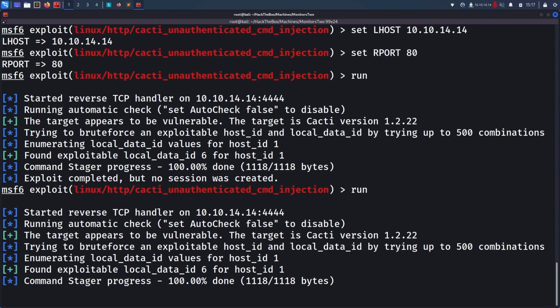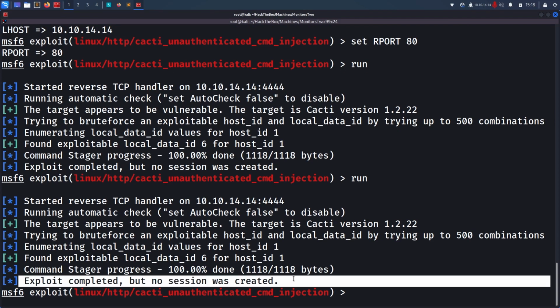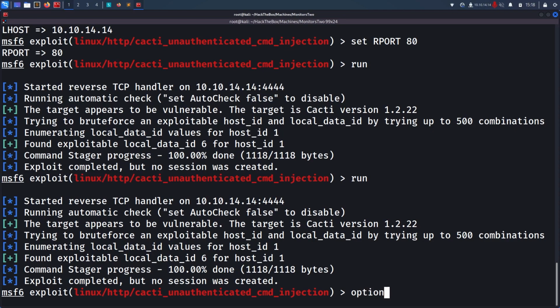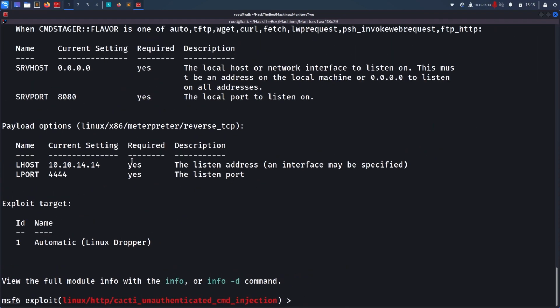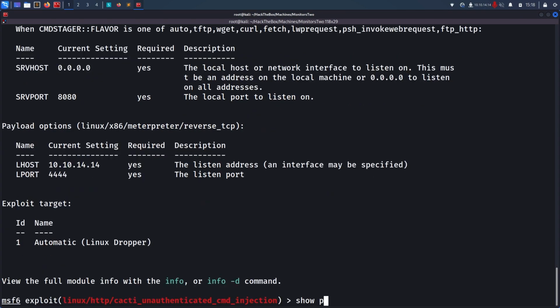Sometimes it happens that when you are running an exploit on Metasploit, the first time it doesn't work, but the second time it does. And again I am having exploit completed, but no session was created. So if I do options one more time, let's see what is going wrong over here. The payload is Linux x86 meterpreter reverse TCP. Shall I try to change the payload? That might work. So if I do show payloads,